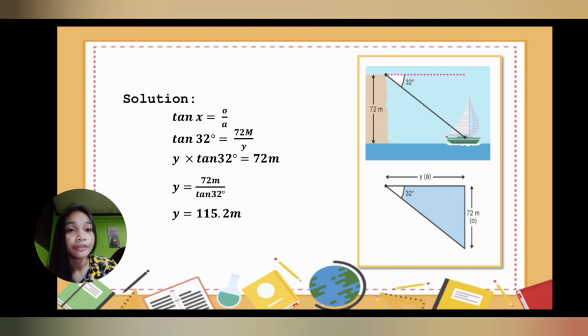So y times tan 32 degrees is equal to 72 meters. Or we can put it as y equals 72 over tan 32 degrees. And next is y equals 72 meters divided by tan 32 degrees. So we can come up with the answer of 115.2 meters. That is the angle of elevation of the